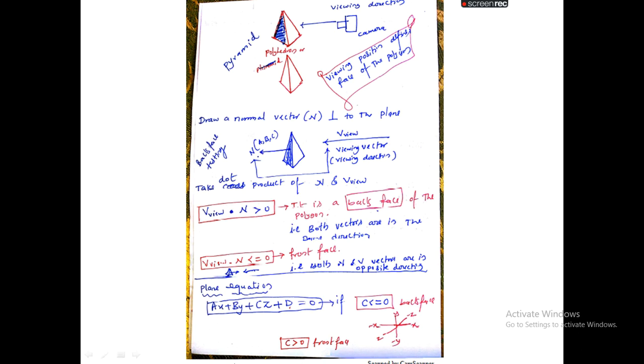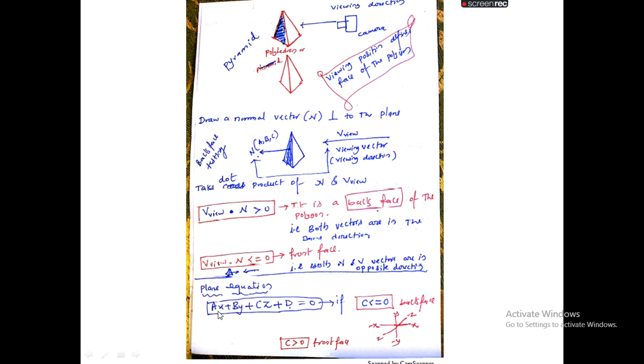Please remember, we are viewing this object in this particular direction. So the observer is standing here and viewing this object in this direction. Now we also know that every three-dimensional object or every polygon contains multiple surfaces. So if every object contains multiple surfaces, we should know the plane equation also.